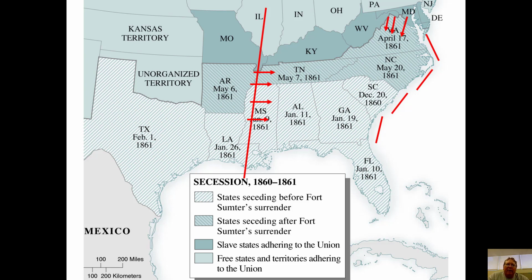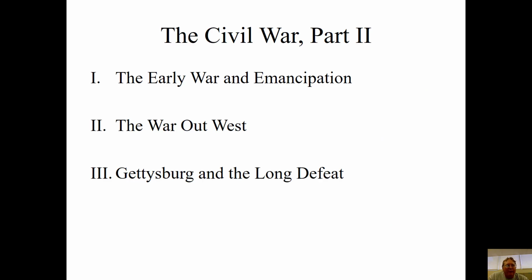So into this, we're going to look at some of the battles that define this war. We're going to look at one of the big early battles that really shows just how deadly this war is going to be and also has a big impact on what the real cause of this war is, of course, slavery. And then we're going to take a look at what's going on out west along the Mississippi River and why that's important. And then we're going to culminate with the most important battle of the war at a place in Pennsylvania called Gettysburg and what that means for the South when they lose that battle.